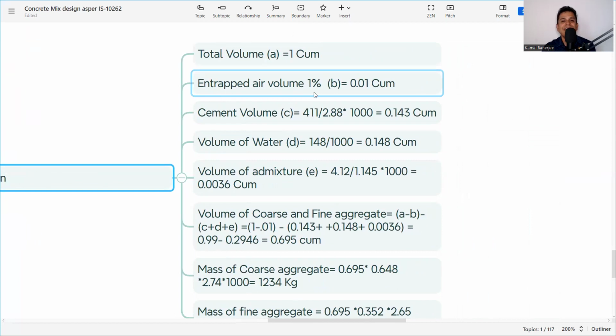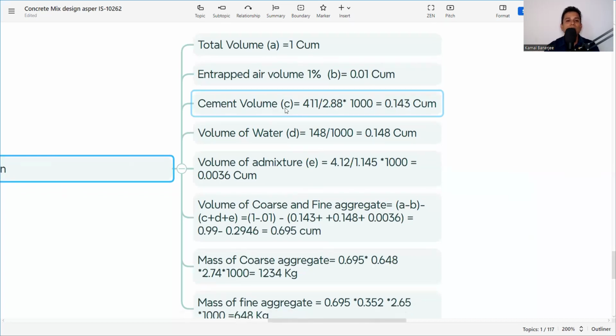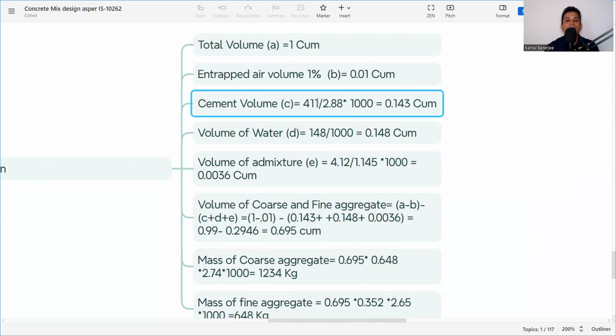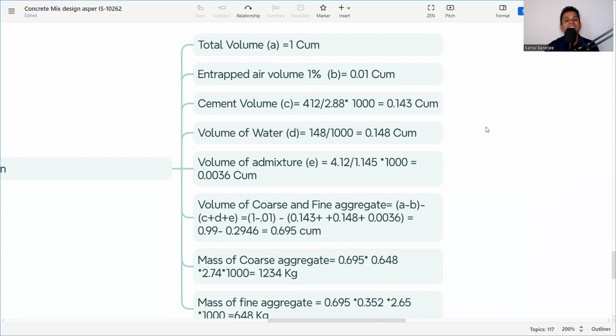This is the main. Now, what is the total volume? 1 cubic meter. And what is the entrapped air? That is 1%, already we checked as per the table. And what is that volume? 0.01 cubic meter. And the cement volume, we are getting 4.12, so it is